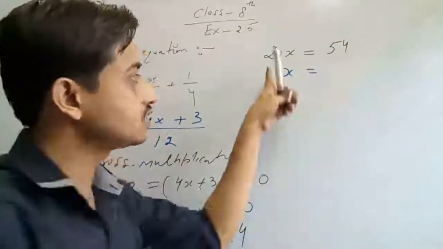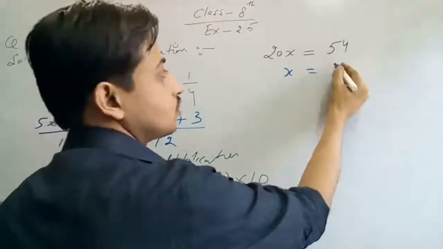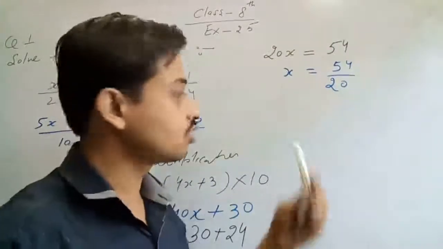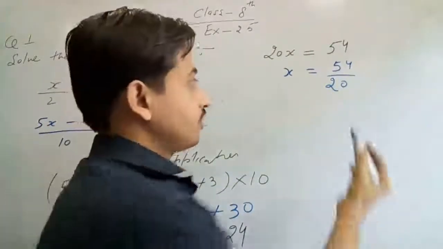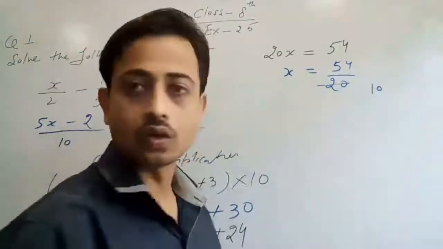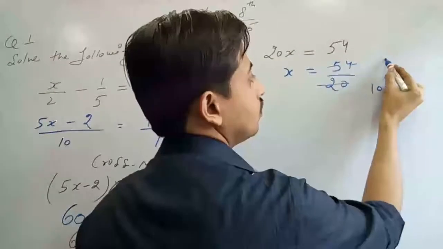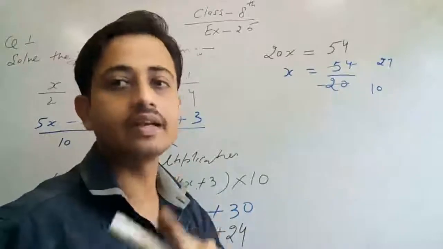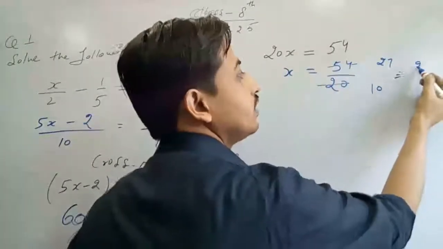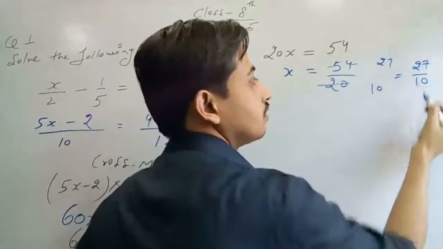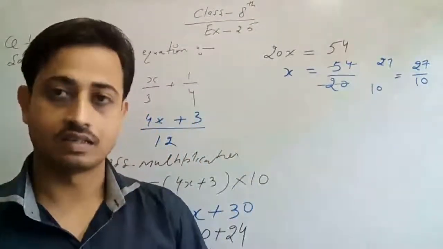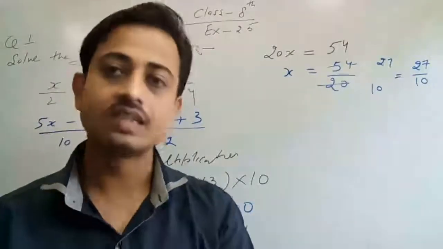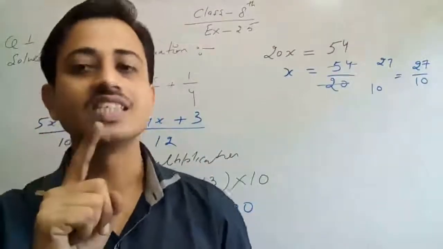Now what will be the value of x? We have to take this 20 to the right hand side. So we get 54 divided by 20. Now you can cancel out. What's the table? 2. If we cut it by 2, 2 tens are 20, and if we cut it by 2, we get 27. I think this will further not be cut with any table. So what we get is 27 divided by 10. This is your answer. Please make a note. Then we have to do verification also. Please read or make a note or take a screenshot.